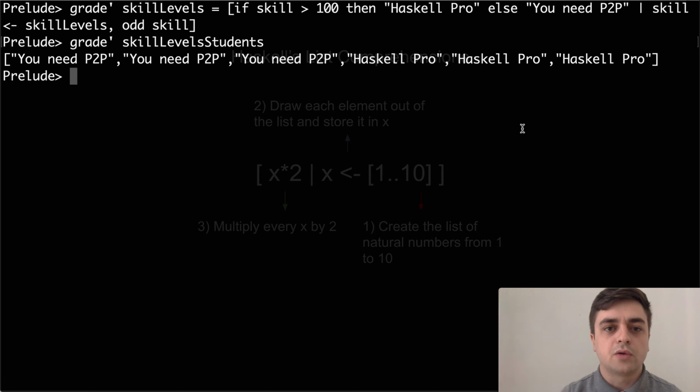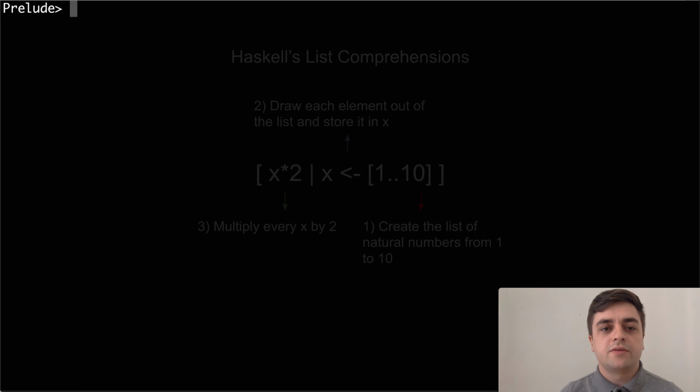So you can see how now it's really easy to define list comprehensions. The notation is a bit scary, maybe potentially for somebody new to Haskell, but I hope I've broken it down in an easy to understand manner. Previously in list comprehensions I've shown you how to draw from a single list, and how to use a predicate in a list comprehension to filter down the list before we do any manipulation and before we add any new items to a new list. But what I've not shown you is that, just like you can use multiple predicates in a list, you can also